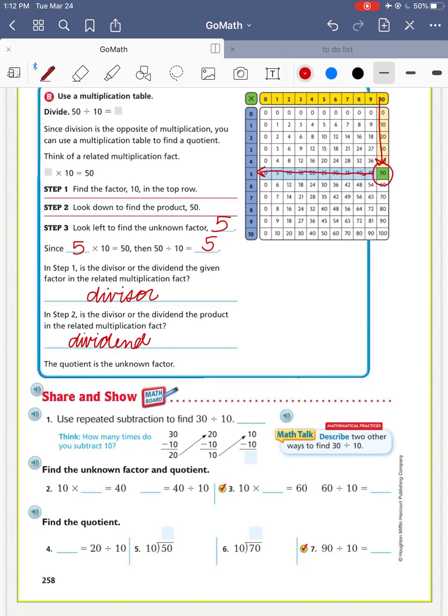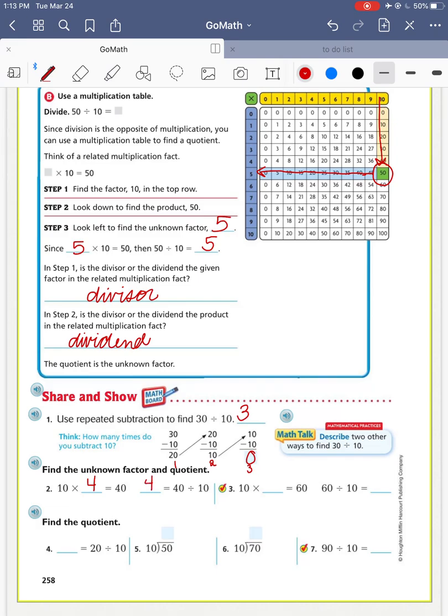Number 1, down in the share and show, says use repeated subtraction to find 30 divided by 10. So 30 minus 10 is 20, 20 minus 10 is 10, 10 minus 10 is 0. So we subtracted 1, 2, 3 times to get to 0. Find the unknown factor and quotient. What times 10 is 40? 10 times 4 is 40, so 40 divided by